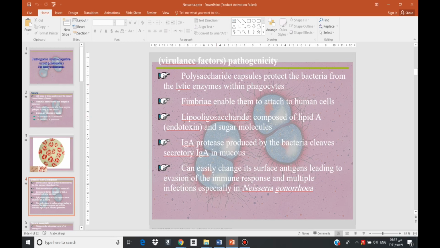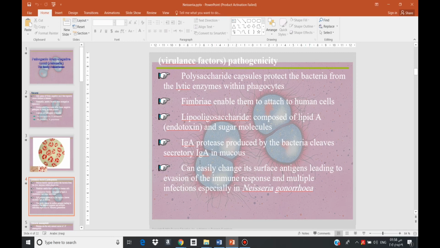The other virulence factor هو الفمبريا or the villi, which enable the bacteria for the attachment in the epithelial surface of the human cells. The other virulence factor هو الليبو-oligosaccharides، وكل احنا نعرف الليبو-oligosaccharides هو endotoxins of the gram-negative bacteria. Also, we know that the lipid A is a very toxic structure in the